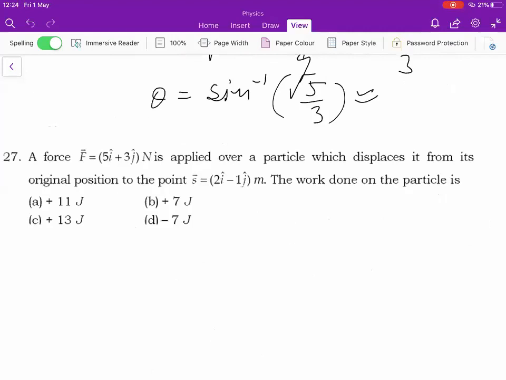मानव आप बोलो. Yes, sir. So हमें यहाँ पे वर्क डन ढूंढना है, तो वो फॉर्मूला है वर्क डन की F dot